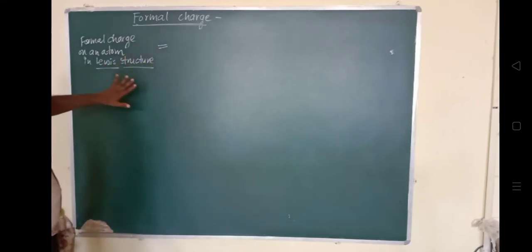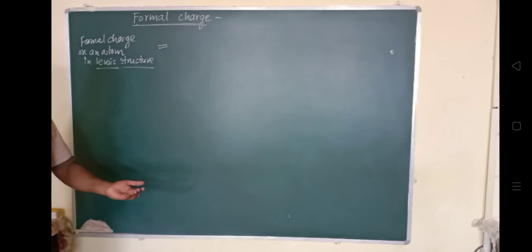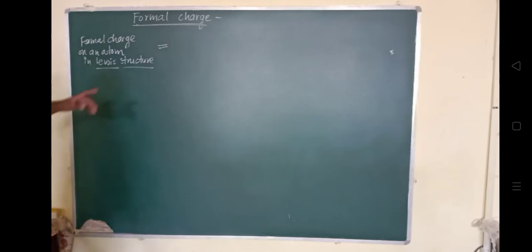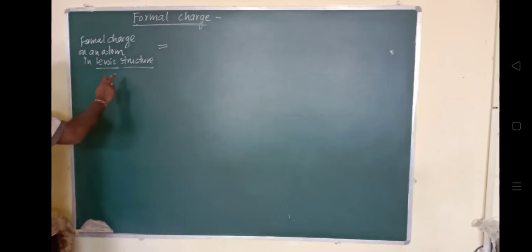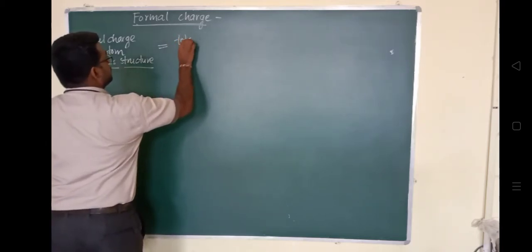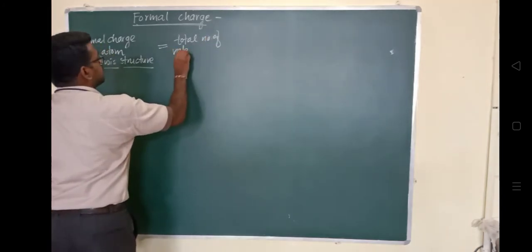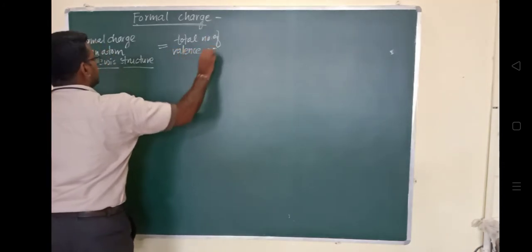अगर हमारे पास Lewis structure ही नहीं है, यानी dot structure नहीं है, we have not shown properly the total valence electrons present in that molecule, with proper arrangement, so we cannot find out the formal charge. So this is the basic requirement, and the formal charge on an atom in a Lewis structure can be given by the total number of valence electrons